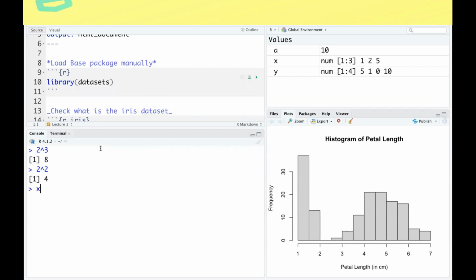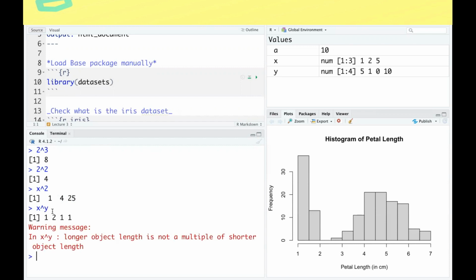So if I say x to the power 2, you can see that it's 1, 4, and 25. Let's see whether we can do powers like this. x to the power y. No, you can't do that. So let's see whether, if we change the size of x to,